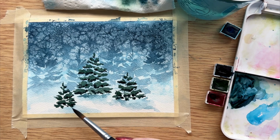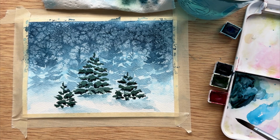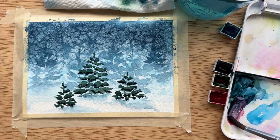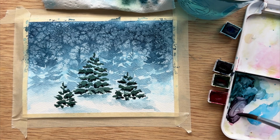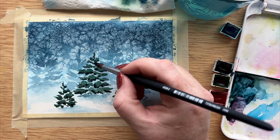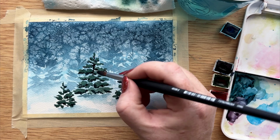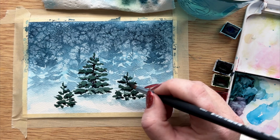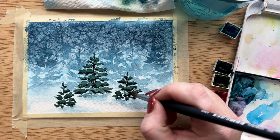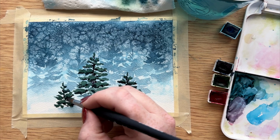And I'm going to put a little bit more pigment around the base of the trees to represent a darker color right underneath the tree for our shadow. I'm adding the tiniest bit of alizarin crimson to my tray and then mixing it with that dark blue color we already have. This is the color I'm using for the trunk and branches of our trees. I'm just using the very tip of my brush to lightly connect all of those branches to each other so